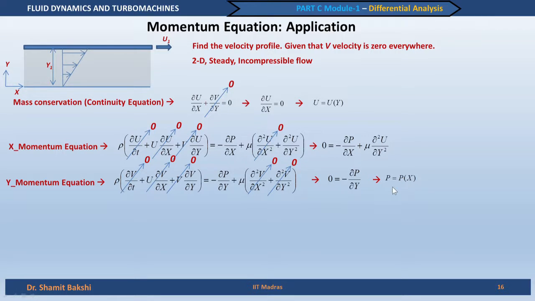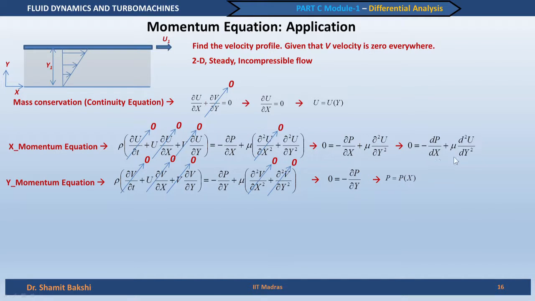This information is important to reduce this equation, because if p is purely a function of x and u is purely a function of y, then this can be written in terms of not partial derivatives, but total derivatives. So, we can write this as